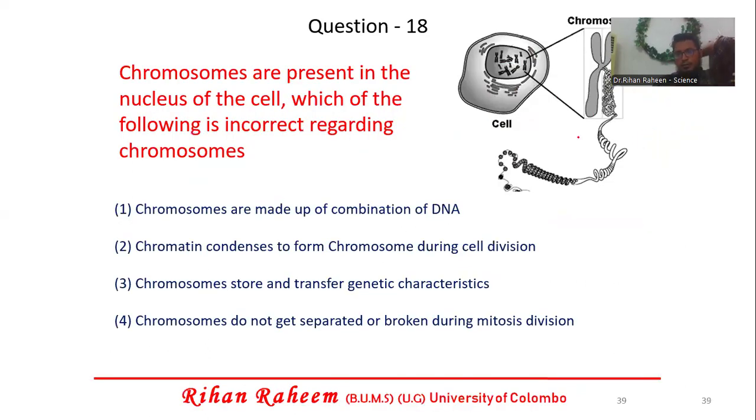Question number 18. Chromosomes are present in the nucleus of the cells. Which of the following is incorrect regarding the chromosomes? Now, you all have studied about chromosomes. The grade 10s also can answer this. Chromosomes are made up of a combination of DNA. Yes, it's correct. Many DNA particles will join and coil and join and